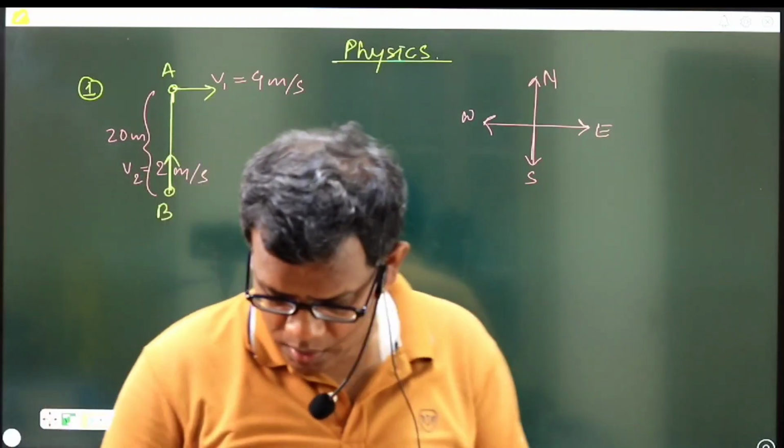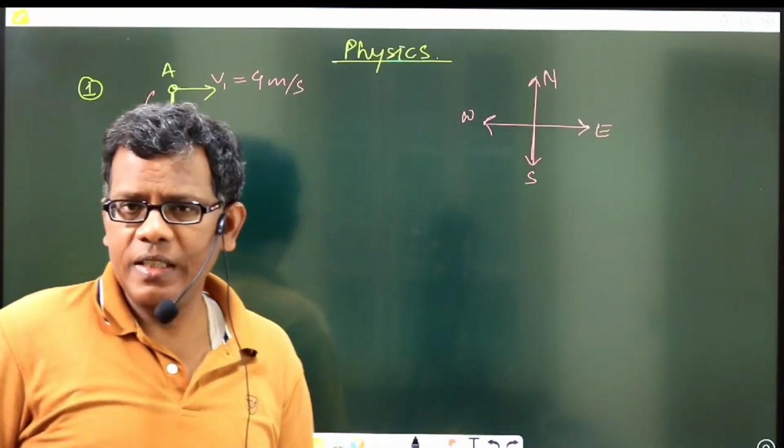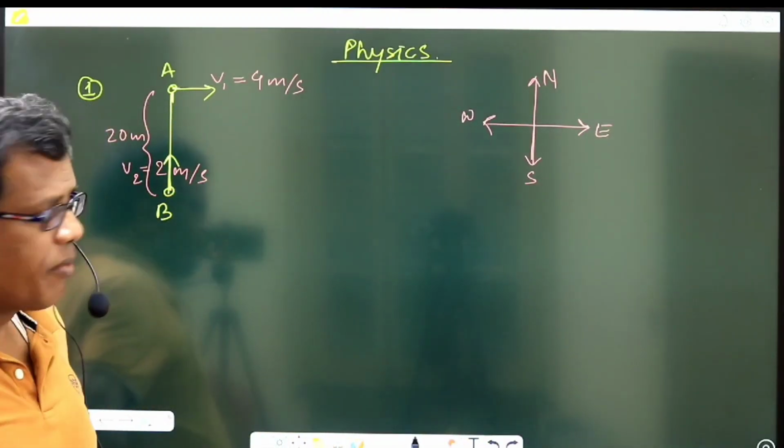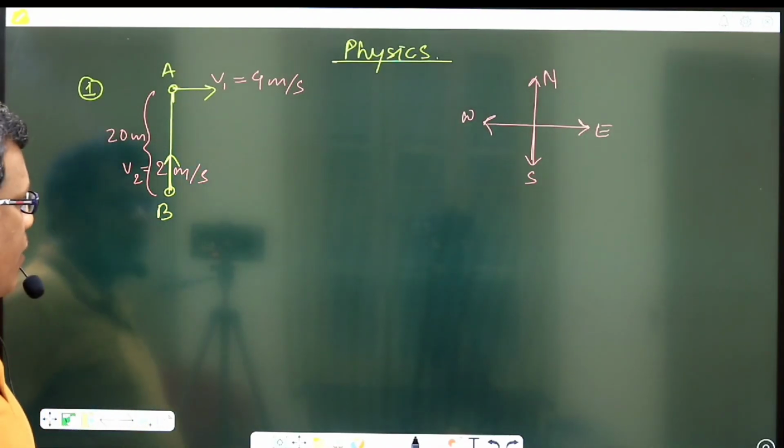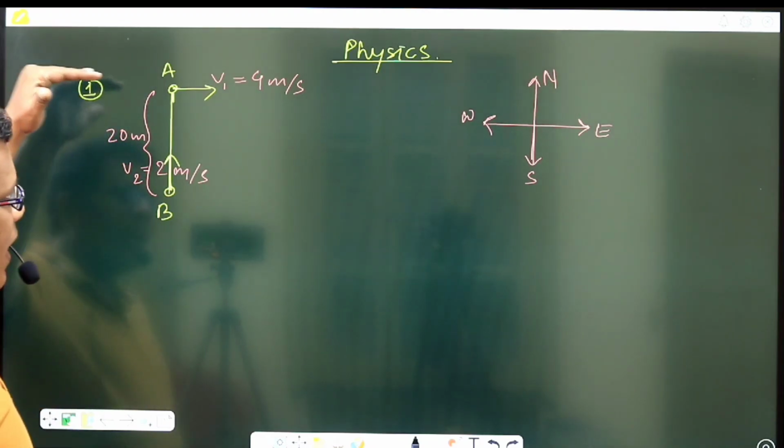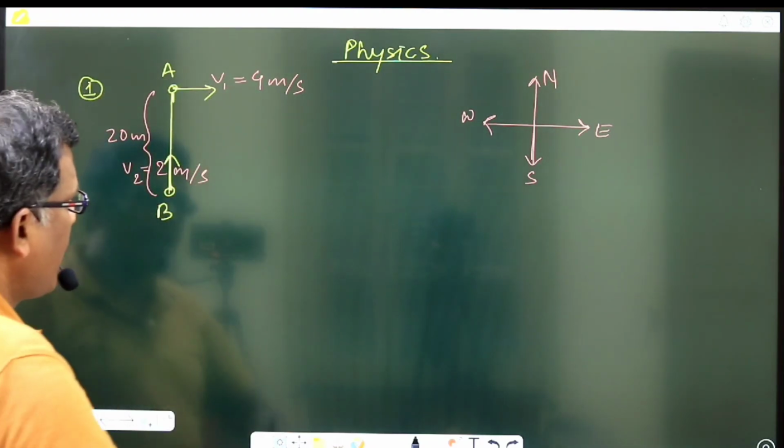Jivita? A is located initially due 20 meter north of B, right? So as per the given velocities suggested for A and B, B is running towards A, that is due north, and A is running due east. So my question is,